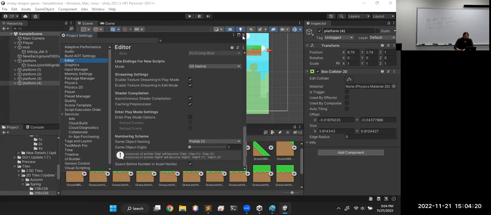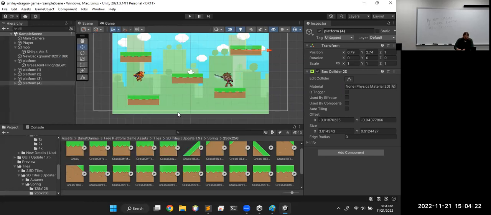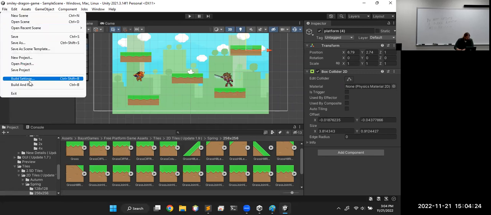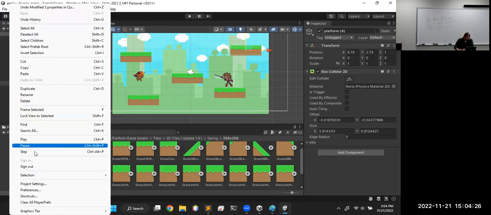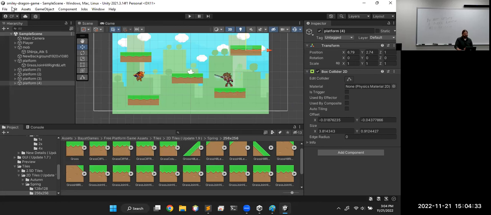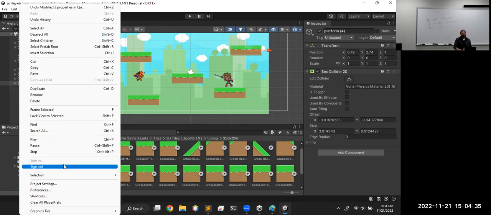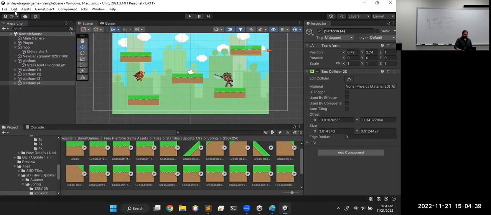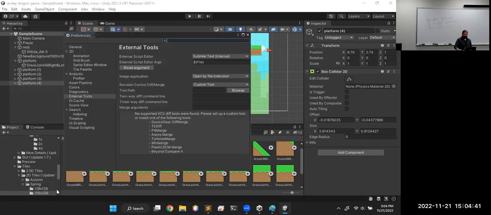I was here. Preferences. Oh, there it is. So under preferences, sorry, I was looking at the wrong menu. That's why I couldn't find it. So under edit and preferences,